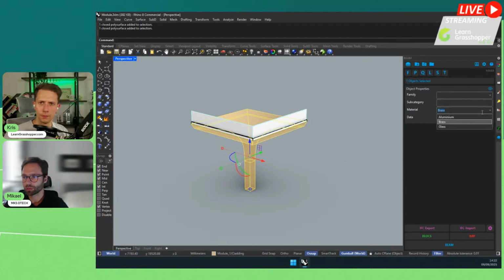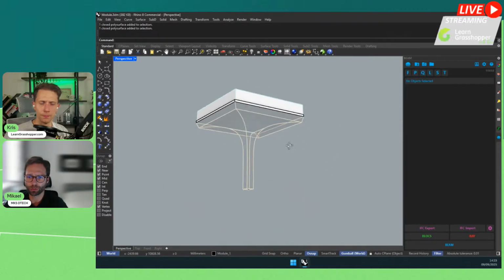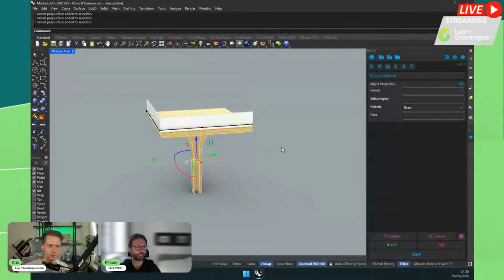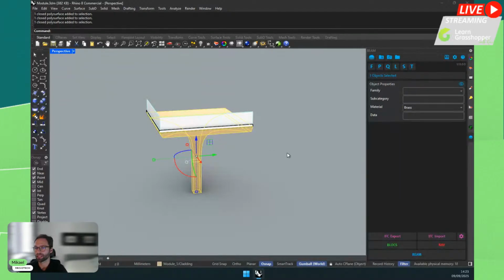However, the Beam panel also allows you to change it very quickly, in a way we believe is more convenient than going to the material tab, but that's debatable, up to you. So I can change it to aluminum, or I can change this to glass. It's quite easy to change the material from the Beam panel. Be aware that when you change it from here, you might switch from by layer to by object, so keep that in mind if that's what you're after.